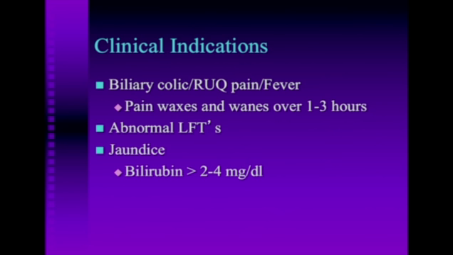The clinical indications for right upper quadrant ultrasound and evaluation of the biliary system and pancreas is most commonly biliary colic, right upper quadrant pain and fever. This is when the clinician is concerned about cholecystitis or cholangitis. In these cases, there may be a waxing and waning of the pain over 1 to 3 hours. Another indication is when liver enzymes or liver function tests are abnormal. Also, if a patient presents with jaundice and there's concern for biliary obstruction, these patients will often be referred to